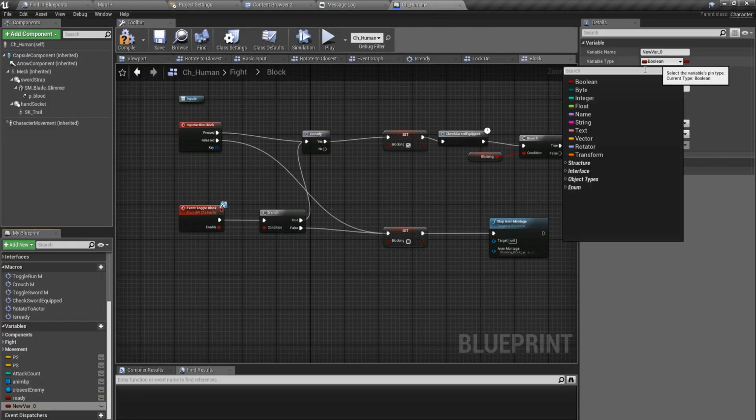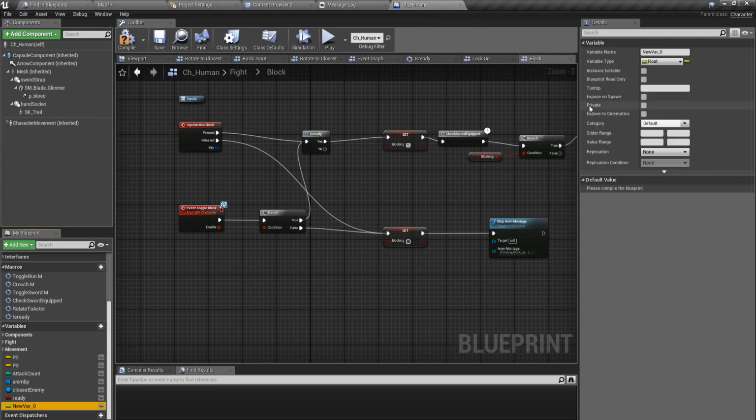I need this variable type to be float, and I'll name it health. As for the default value, this must be 100,